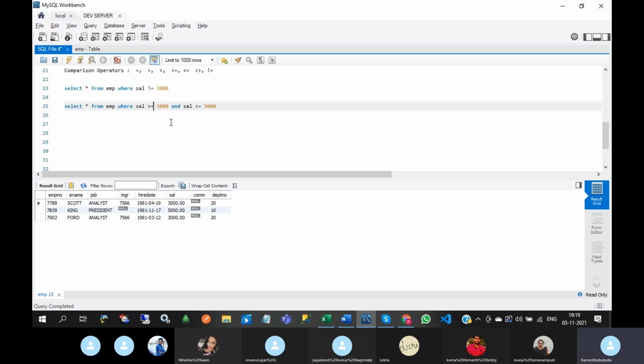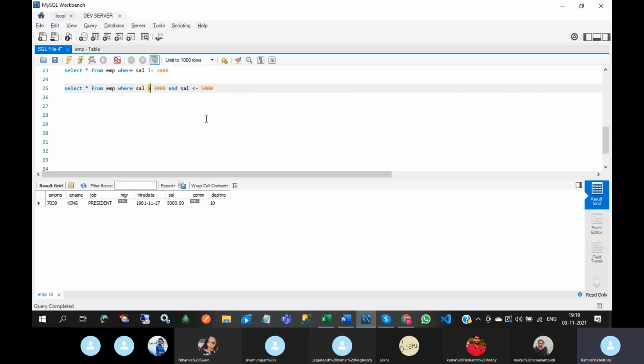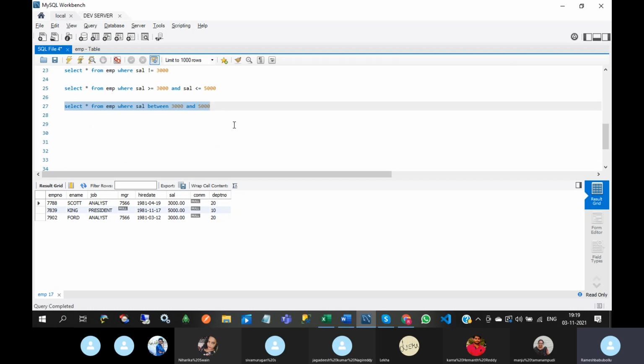Okay. If you remove equal means you will not get 3,000. Okay, this is one way. Another way is you can use between operator where salary between 3,000 and 5,000. See this, you will get same result. Okay.